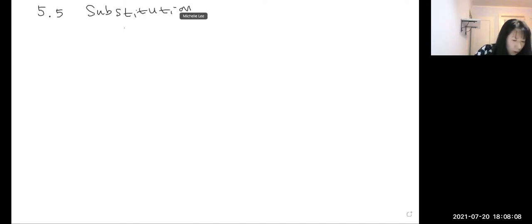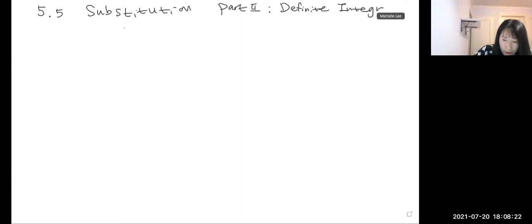So let me write down part 2. Let me just use part 2 for definite integration, the definite integral. So definite integral means there is a lower bound, lower limit, and upper limit, okay? So if we have